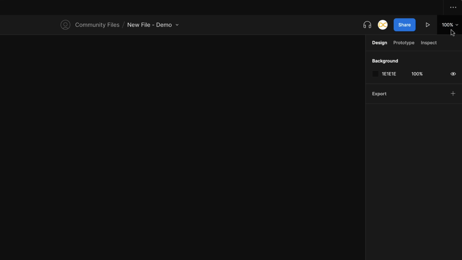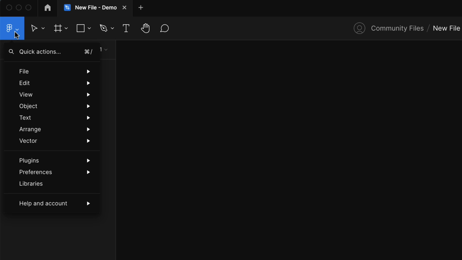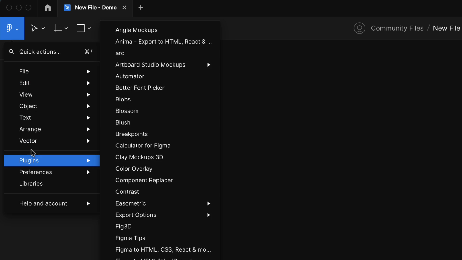If you don't want it, you can remove it. So those are the different options that you find here. And then moving on to the left, you can see some menu or the tool options right here. So if I click on the main menu here with the Figma icon, you can see that it has different